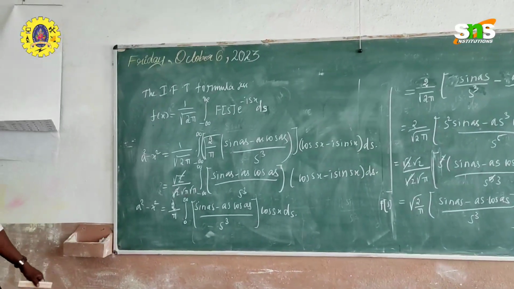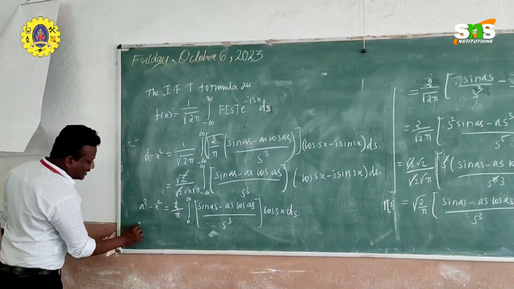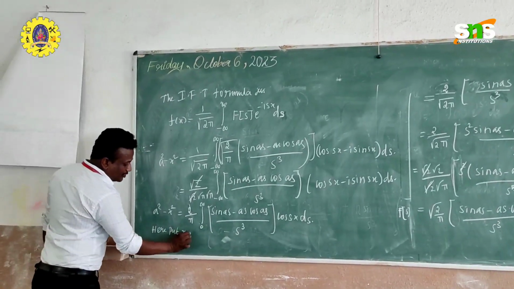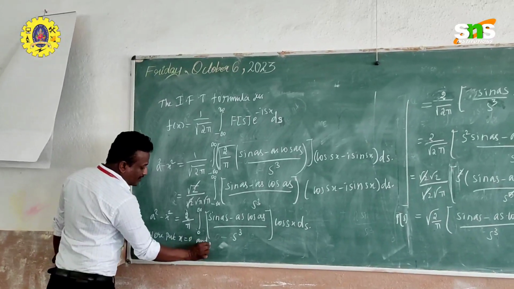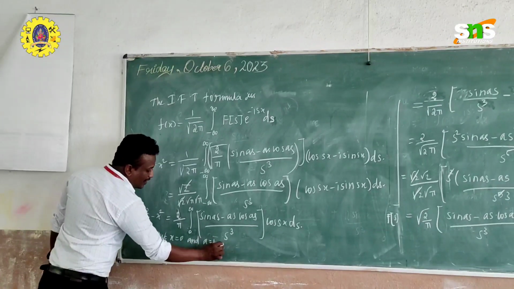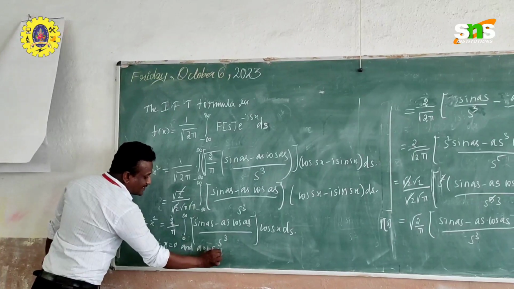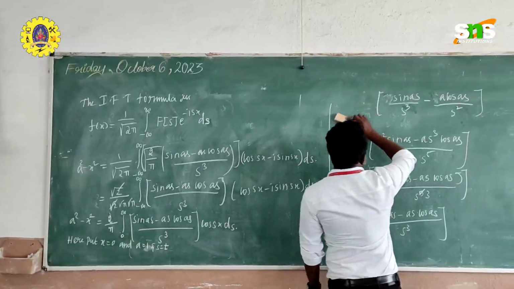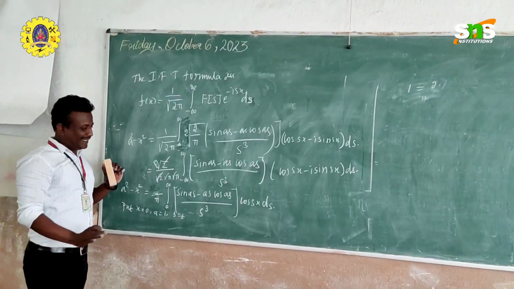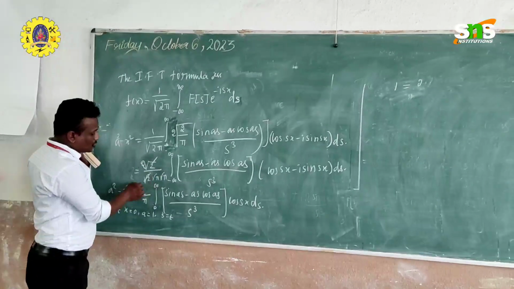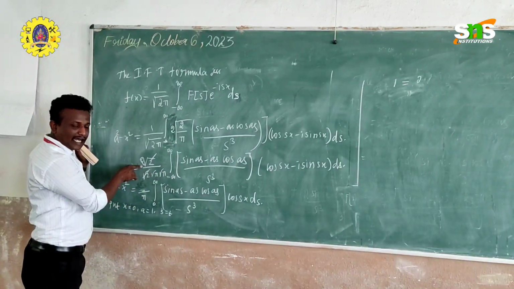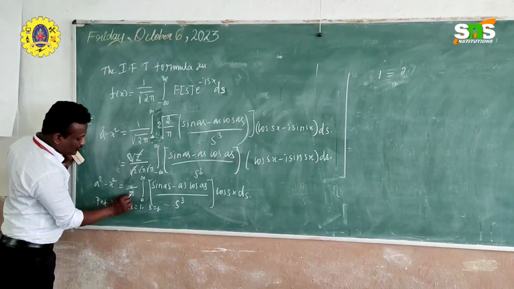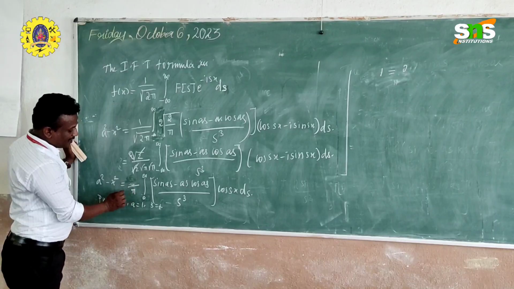So from this result I am going to bring up my next result. Here I am going to take some values. Put x equal to 0 and a equal to 1, also s equal to t. After substituting all these results, look here, root 2 will be cancelled, and the remaining term we have is 2 divided by root pi into root pi. When you multiply root pi by root pi, our answer is pi, here 2.